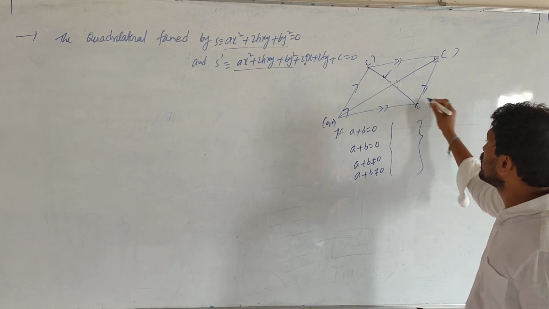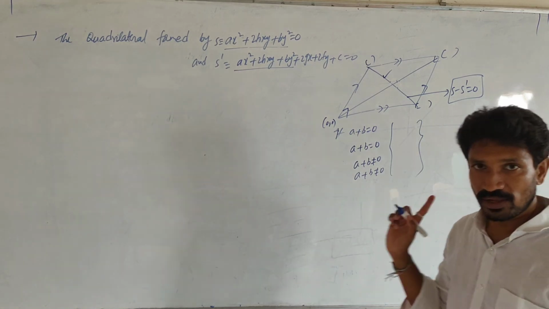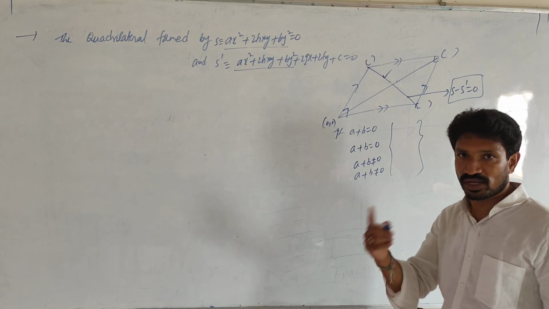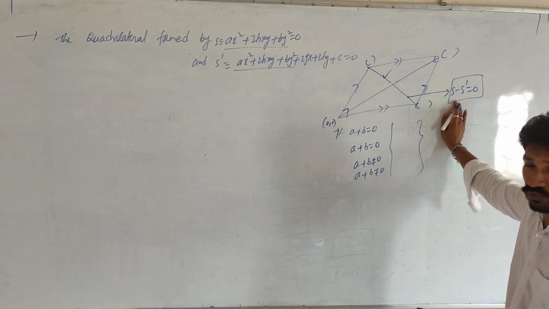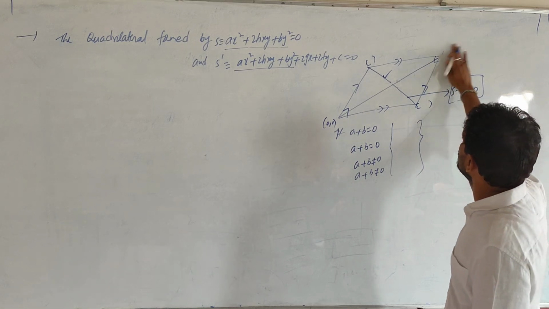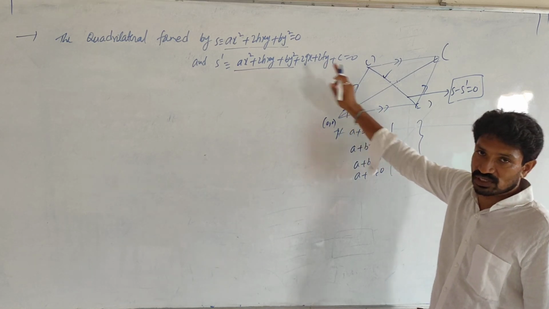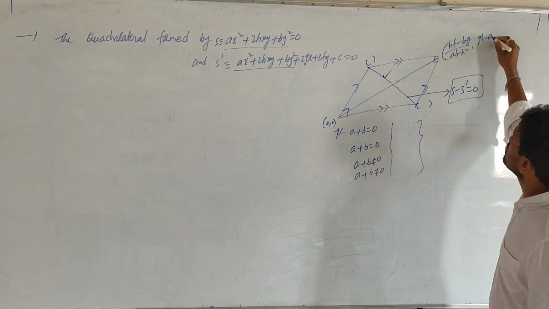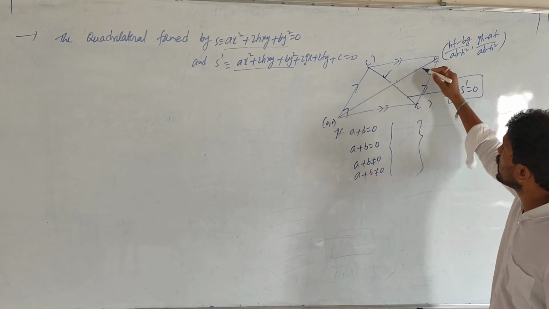This line is nothing but S minus S dash is equal to 0. Please remember, this is a very important point. To prove that, actually the proof is not important, but for our kindness, I am giving that. S minus S dash, by using this condition only we can derive that one. S minus S dash is equal to 0. So here at this point we can say very clearly, this is the point of intersection of the pair of straight lines. What is that? (h of minus bc by ab minus h square, gh minus af by ab minus h square). And one more point is 0, we can find out the slope of this one.